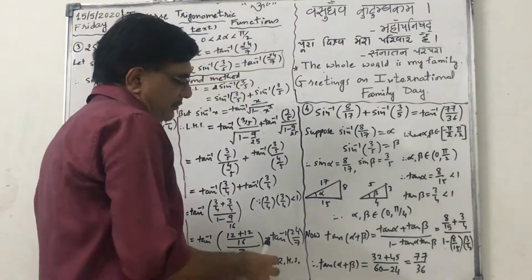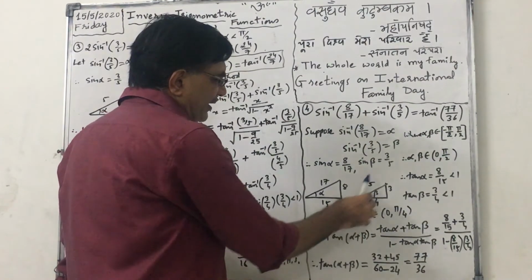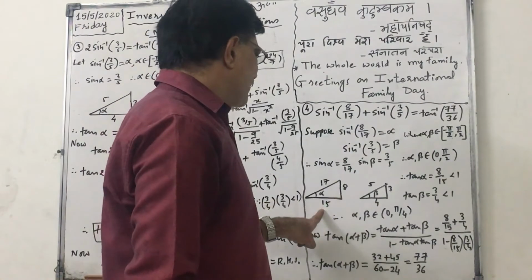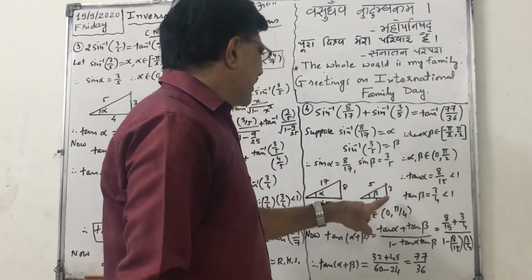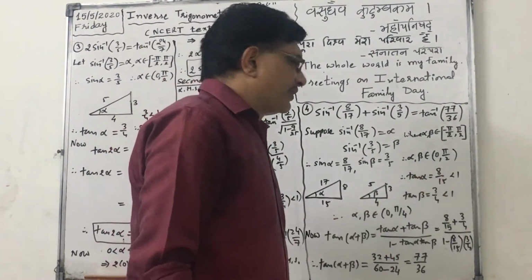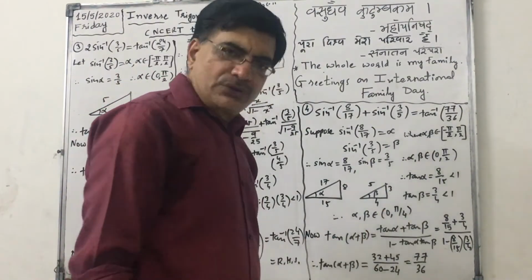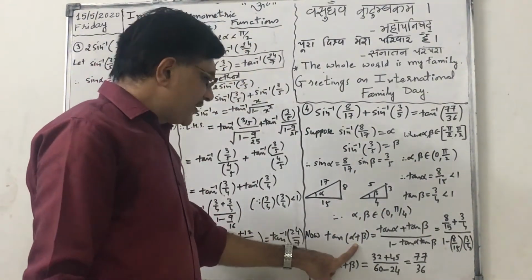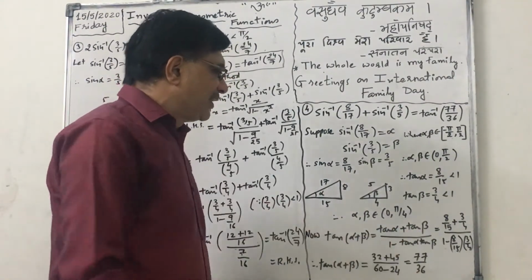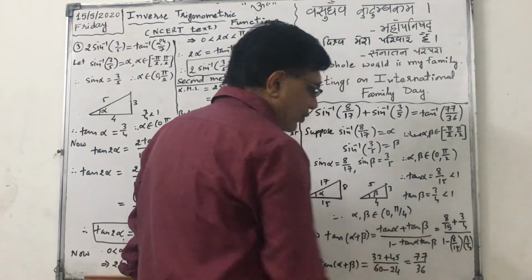Now preparing a right angle triangle, 8, 17, so this will be 15, okay, 3, 5, so this will be 4. So tan alpha is 8 by 15, that is less than 1, tan beta is 3 by 4, less than 1, both are less than 1, so both belong to the open interval 0 to pi by 4, okay. Now tan of (alpha plus beta) equals (tan alpha plus tan beta) upon (1 minus tan alpha tan beta). Putting the values, equals 8 by 15 plus 3 by 4 upon 1 minus the product of these two.